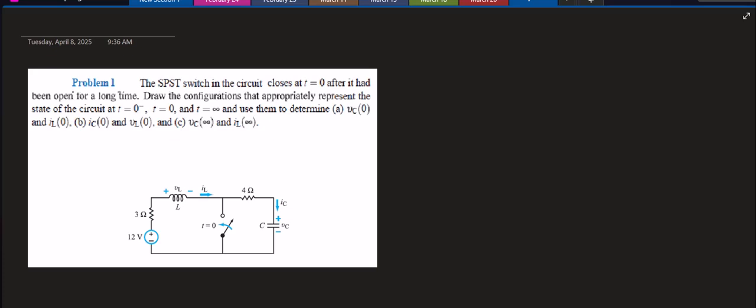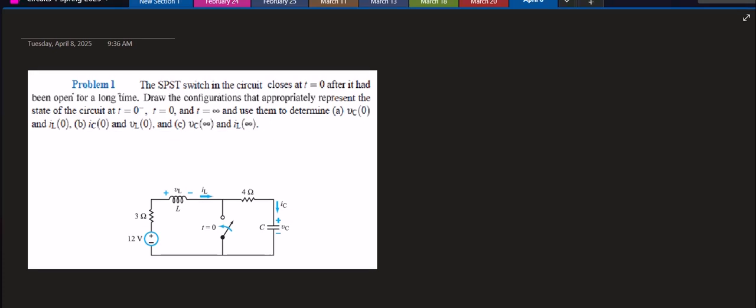So we're supposed to draw the configurations that appropriately represent the state of the circuit at t equals 0 minus, t equals 0, and t equals infinity, and use them to determine the different things. So 0 minus means right before the switch action, and 0 means right after the switch action. So it closes at t equals 0. It had been open for a long time. So what that means is that the capacitor was acting as an open circuit and the inductor was acting as a short circuit. So it would look like